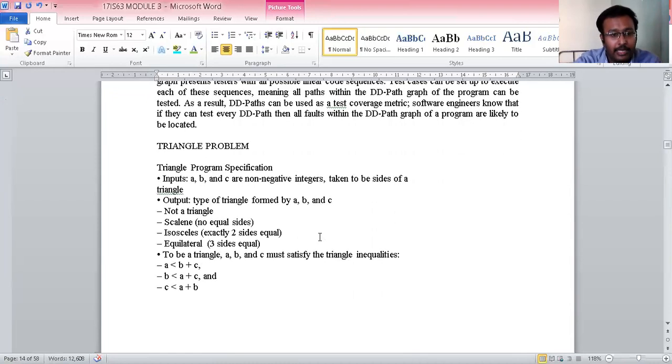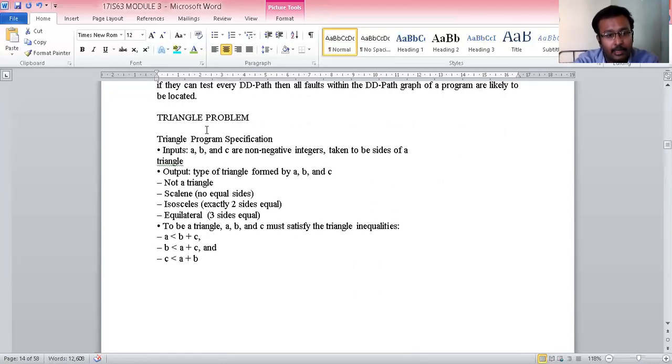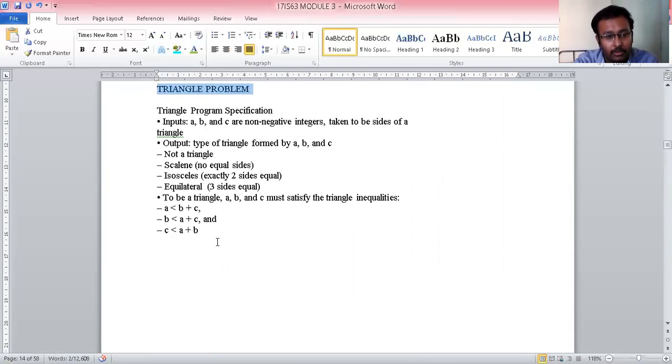Now, the program graph and definition to definition path will be asked for 3 important problems. The first problem is the triangle problem. First, you should know the pseudocode for the triangle problem. The pseudocode gives 3 types of answers: not a triangle, scalene triangle, isosceles triangle, or equilateral triangle.